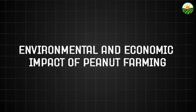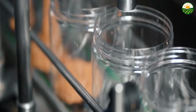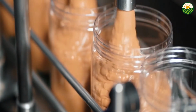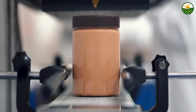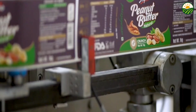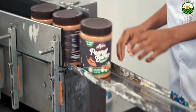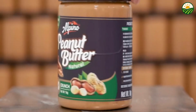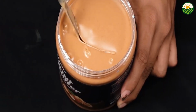Environmental and economic impact of peanut farming. Peanut farming has far-reaching environmental and economic implications. Economically, the peanut industry generates billions of dollars in revenue annually and supports hundreds of thousands of jobs across farming, processing, transportation, and retail sectors. This makes peanuts a critical crop for rural economies, especially in the Southeast, where farming communities rely heavily on peanut